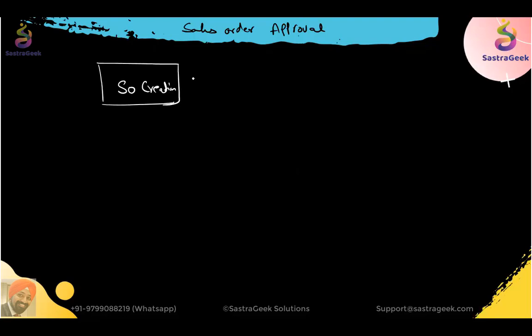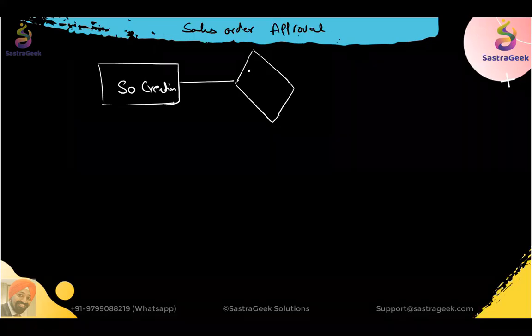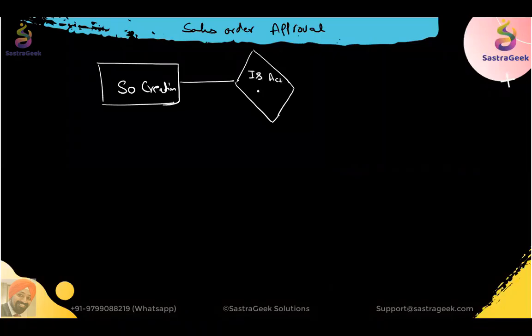Once the sales order is created, if we have activated it, the first thing the system would be checking is whether this sales order is activated for approval. Should it go under the approval strategy or not? That is the first thing the system would be checking. If you say yes,